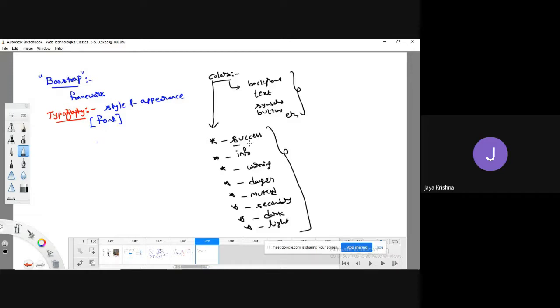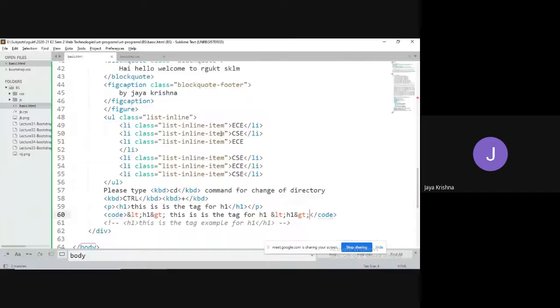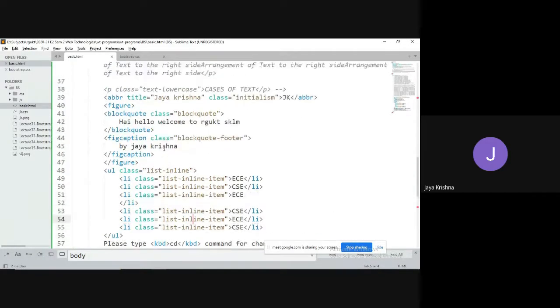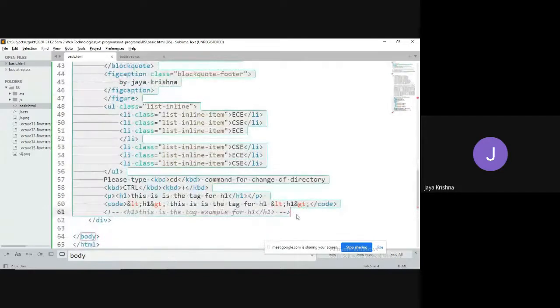So these classes I can use anywhere wherever it is possible. If you want to apply some kind of color to text, I can use the keyword text hyphen success. If I want to use it for the background, I can use bg hyphen success, bg hyphen info, btn hyphen success for buttons, like that. In the coming classes I will explain one by one. Right now I will work with text and bg, meaning background colors, so you can understand that clearly. Don't worry, I'm going to comment once again.